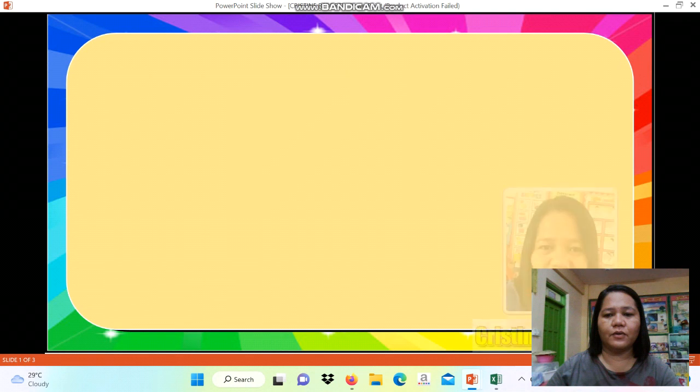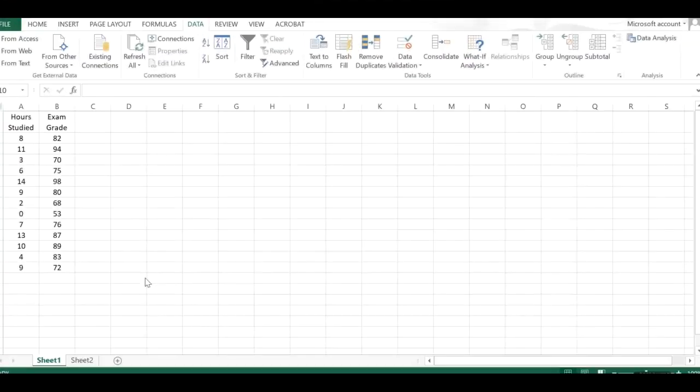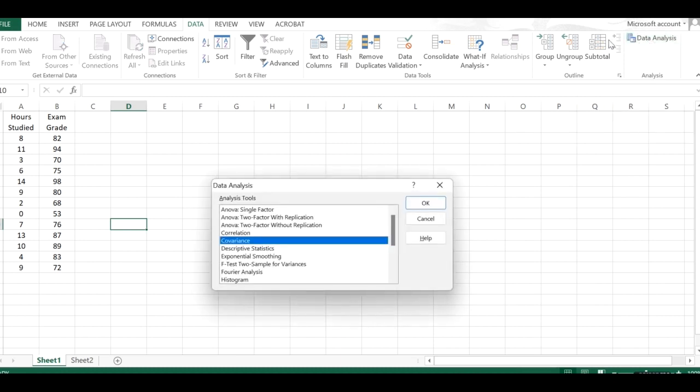At this juncture, we are going to learn how to calculate a correlation and p-value in Microsoft Excel. We already have the correlation, but we didn't have the significance value to see whether it was statistically significant or not, because the correlation procedure in Excel does not have the p-value. So to calculate the correlation coefficient and statistical significance, we have to go to Data and then Data Analysis, select Regression,